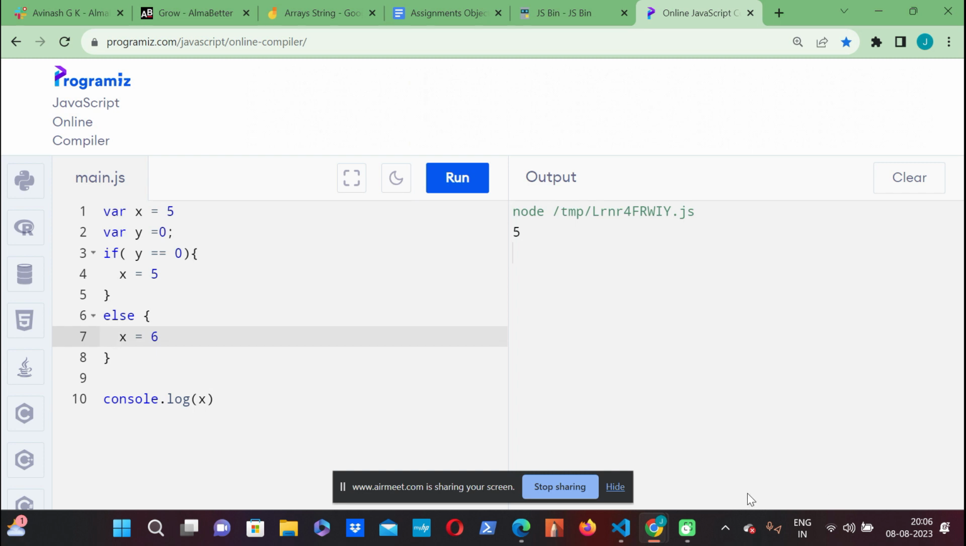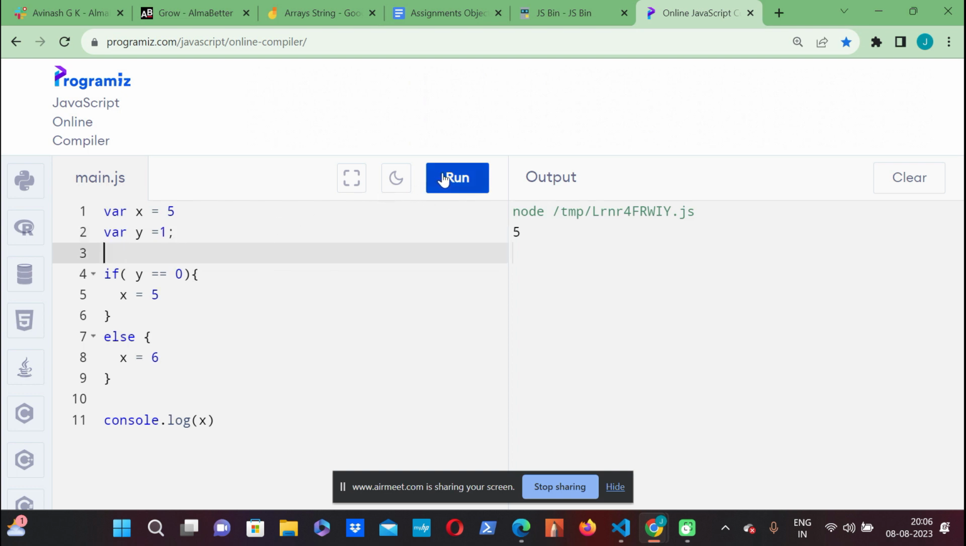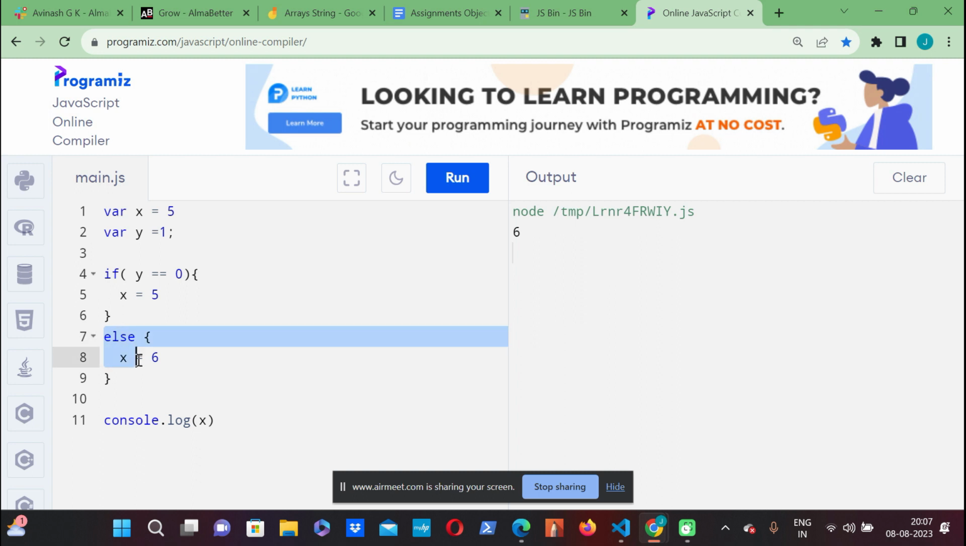I'll come to that. So it will come 5, right? It will come 5. But if I make it 6, if I make it 1, then what will happen? Tell me the answer. If I change y to 1 now, it will come 6, right? So why it is coming 6? If I don't give else part here,